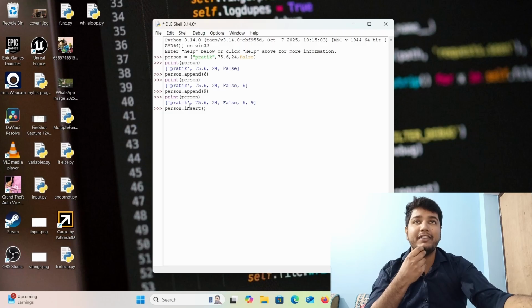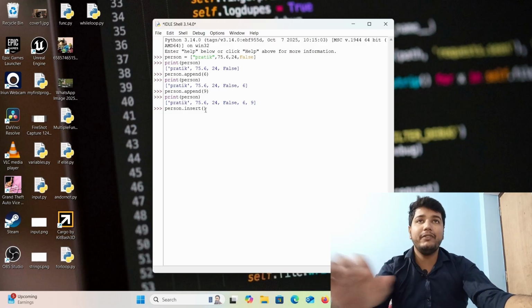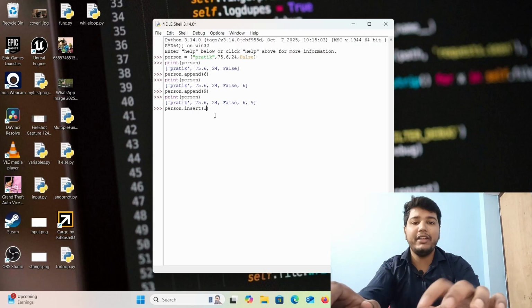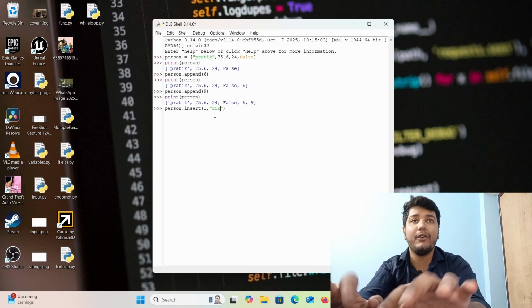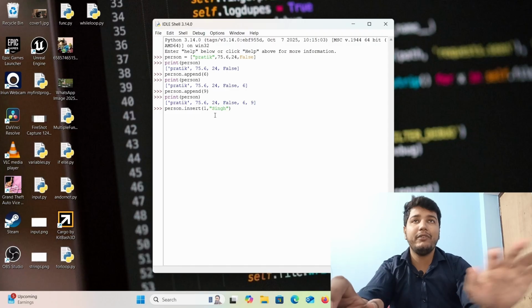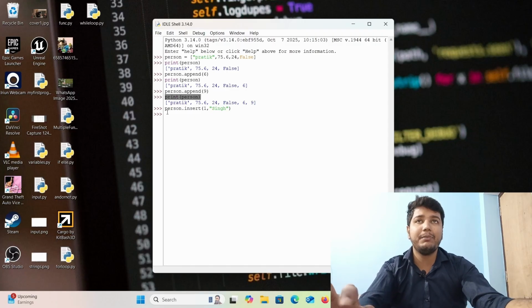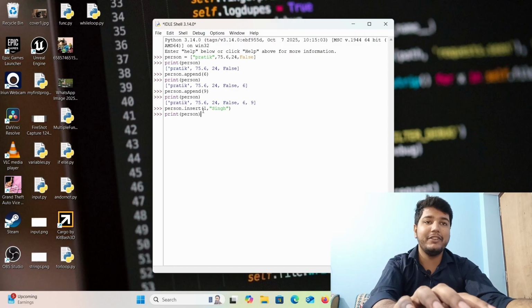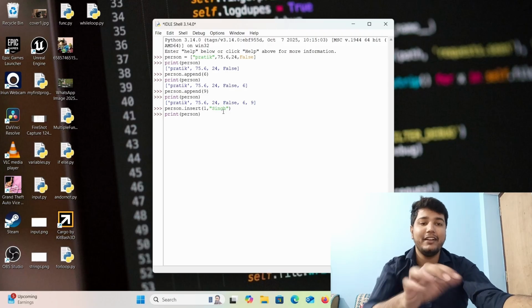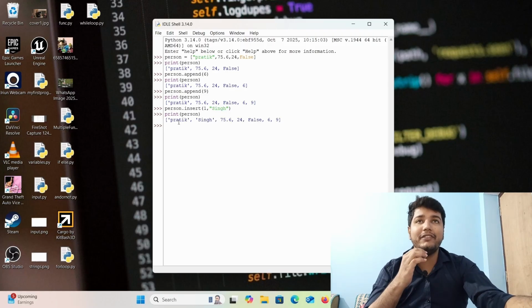We want to add it after Pratik, okay? So we will do 1 and what we have to add is his last name, which is Singh, okay? So now we will do enter and we will print it out and guess where the last name Singh will be. You can see we have added it after Pratik, which is Singh.